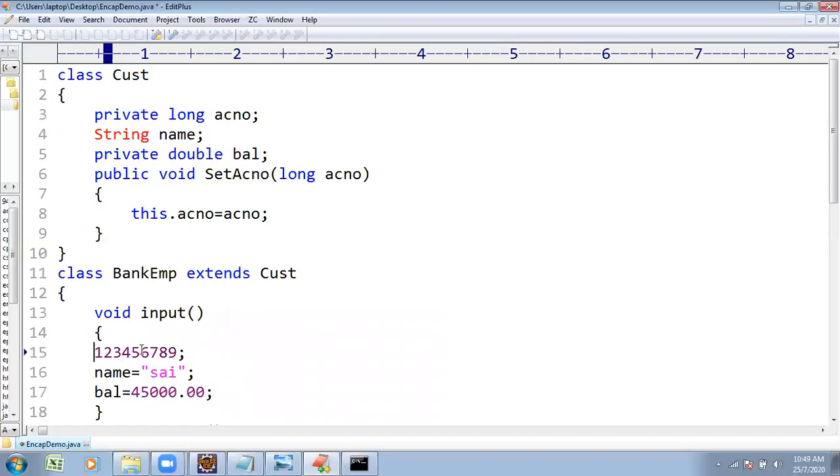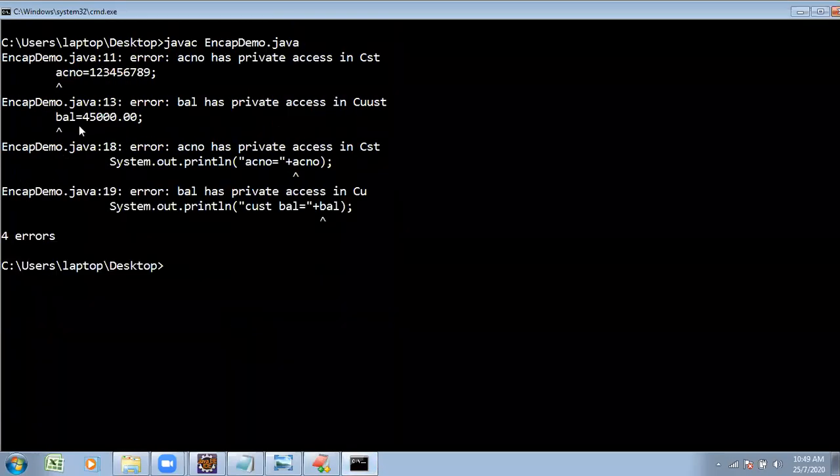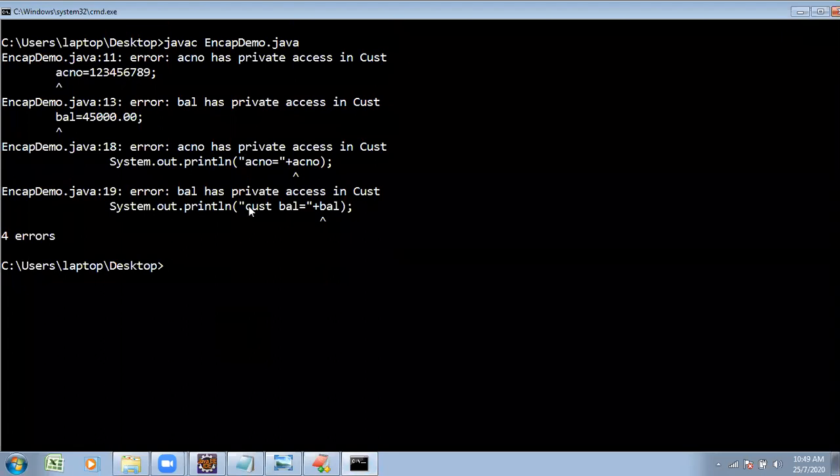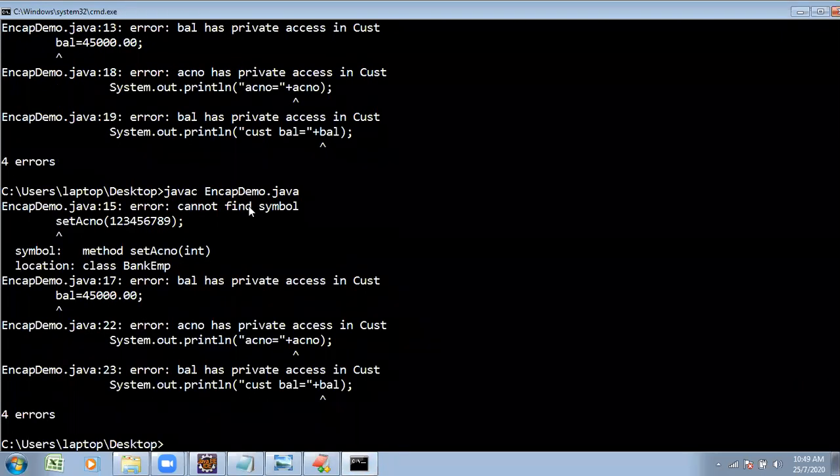setAccountNumber method. In the subclass, directly, no need of an object, directly call the setAccountNumber method. That is a parameterized method, that's why we pass the argument. When you pass it, it is affected here. Previously you found a lot of errors, four errors, account number accessibility errors. Now observe whether that is rectified or not.